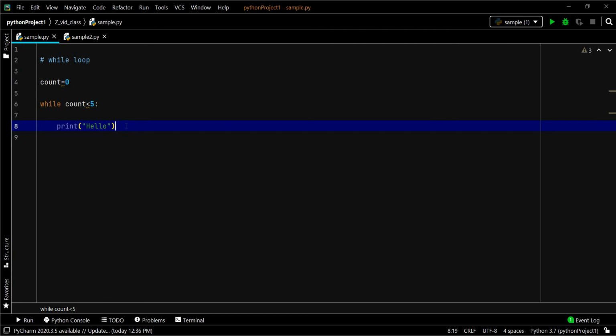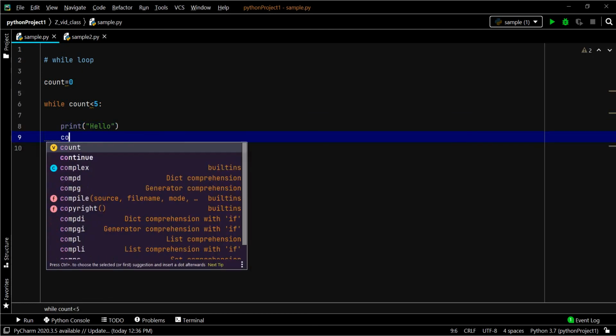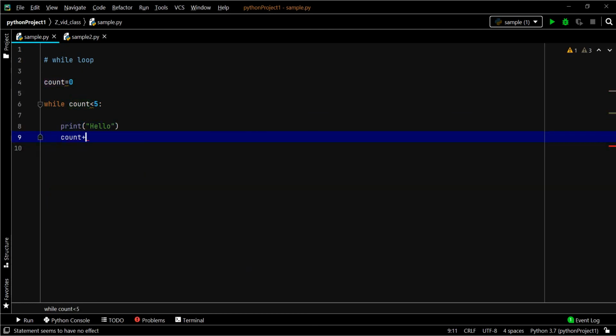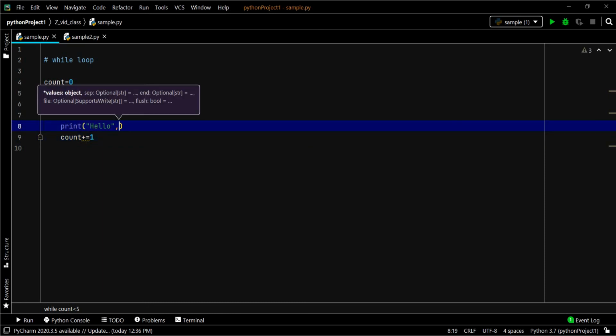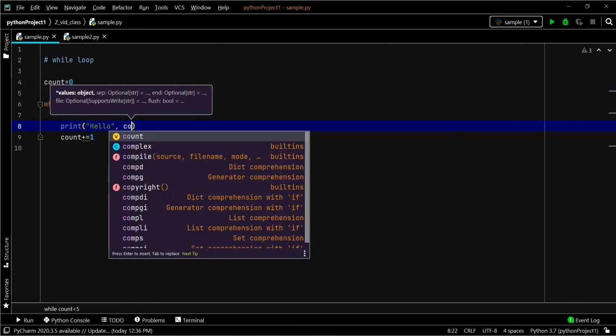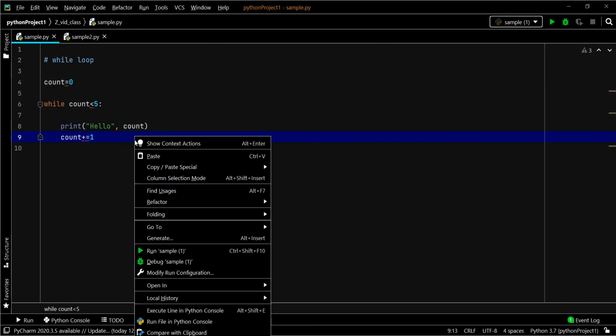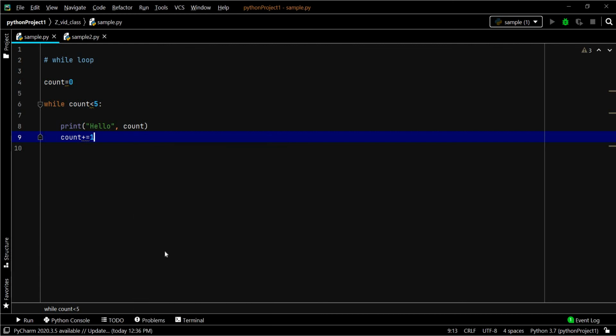Now let's increase the count value by 1 in each iteration, and let's print the count value as well here, so that you will get a clearer idea. Let me run this.